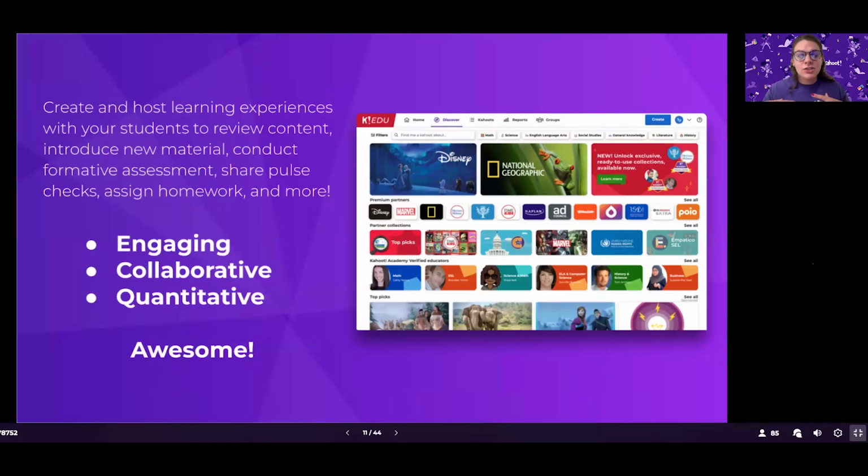Along the way, we know that learners really, again, develop those skills and experiences. Kahoot allows facilitators to create and host learning experiences that do literally anything, from introducing new material ahead of a training or a PD session to reviewing content and checking along the way and summative assessment. Kahoot helps to conduct all of the different training experiences, the live collaboration, and so much more that is embedded into that Kahoot experience.